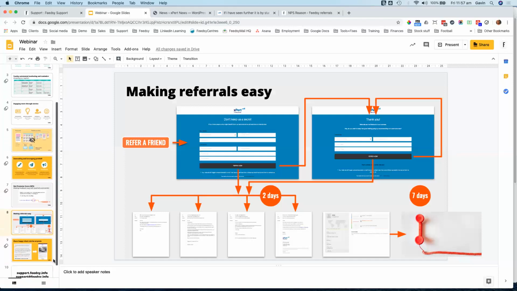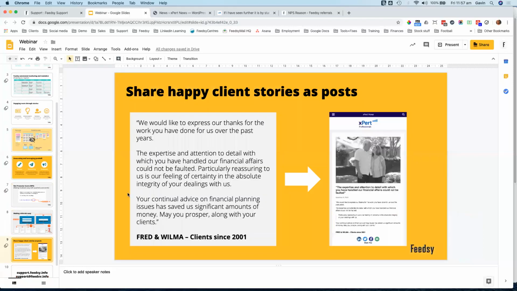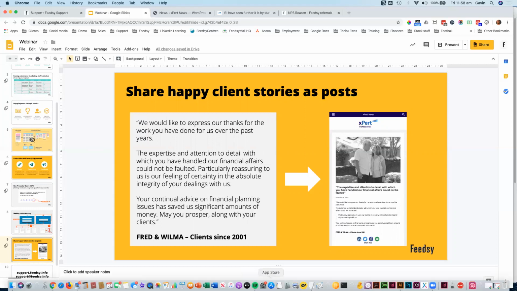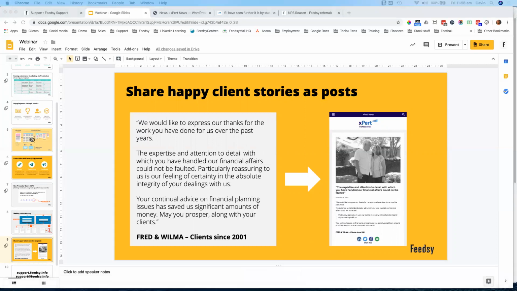So you might get some really good feedback from the NPS, and what you might be able to do is turn that great feedback into a story. I'm going to show you how to do that now. This is basically how to create your own stories, but the content in this is actually going to be a referral. We got a whole swag of Net Promoter Scores just last week, and I've drafted a story which includes a lot of those NPSs. In fact, what I'll do is I will show you